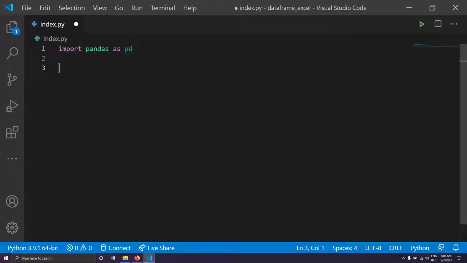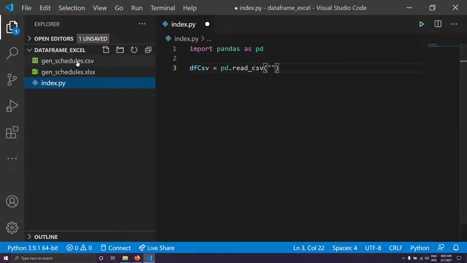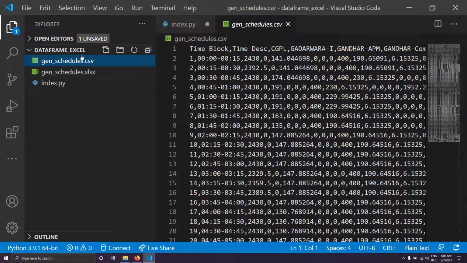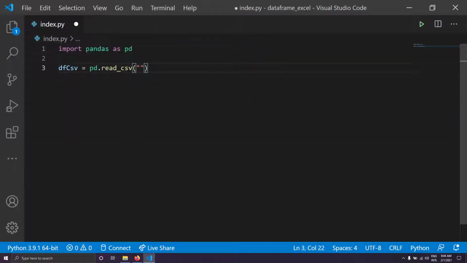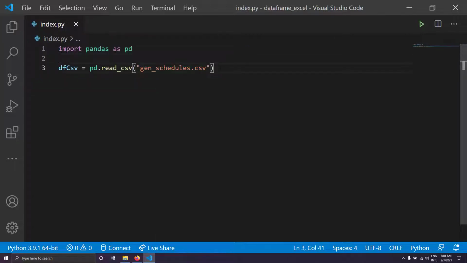And now my objective is to read a pandas data frame from an Excel CSV, right? So I'll just write df CSV, this is my variable, equal to pd.read_csv, and here I'm going to give the name of the Excel file or the path of the Excel file. So my Excel file is this one, Control C, and I'm going to paste this here. So you can see I've written the file name just like that. I didn't give the path because the file is in the same folder as my Python file. If your file is located somewhere else, you can give the absolute path also. That I'm going to demonstrate in a while.